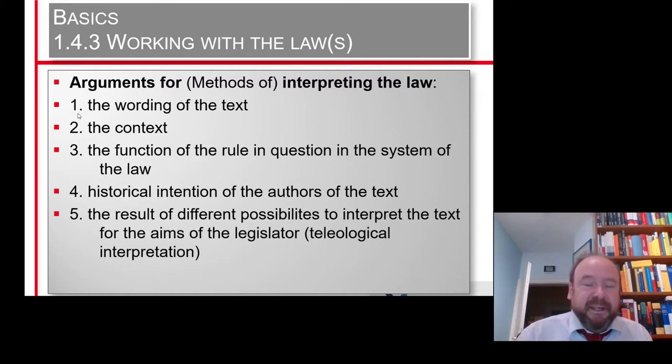And so naturally you might go to an archive and look up which intentions are documented for the authors of the text. What did they have in mind? This is an interpretation method of a rather low rank, because the argument is usually the people who made the draft for